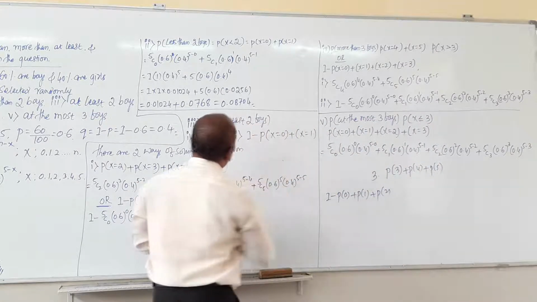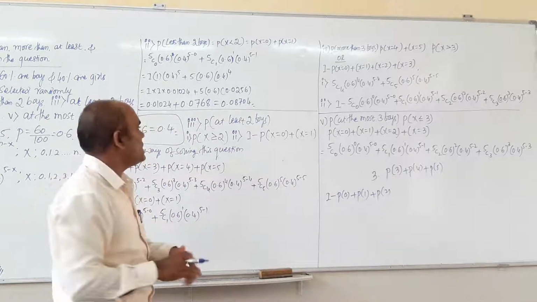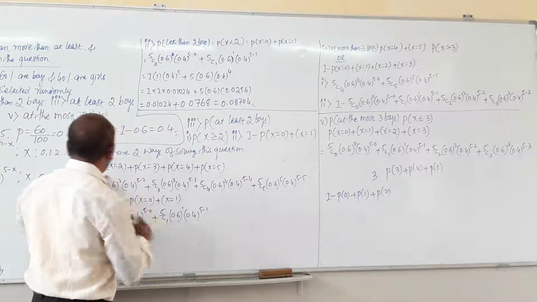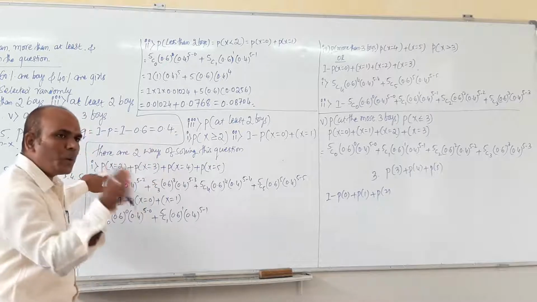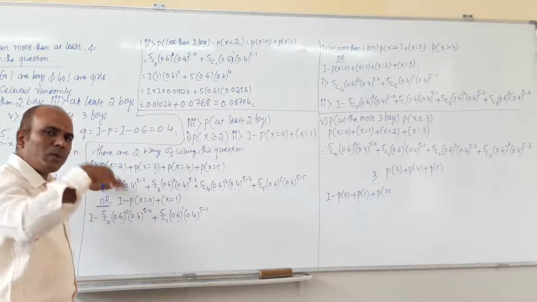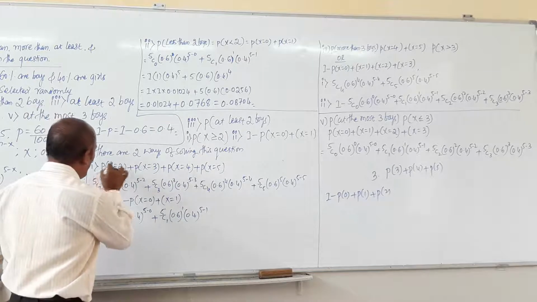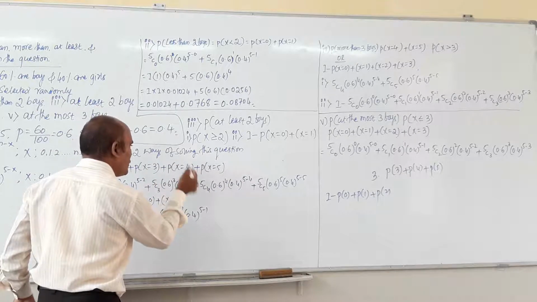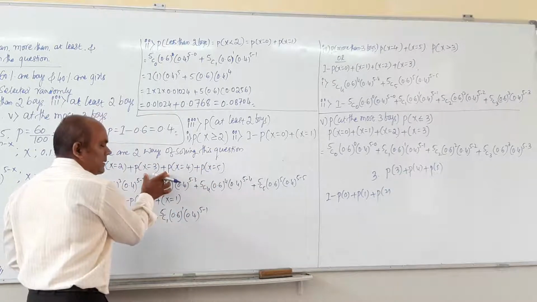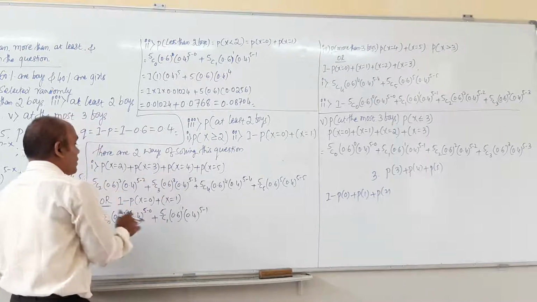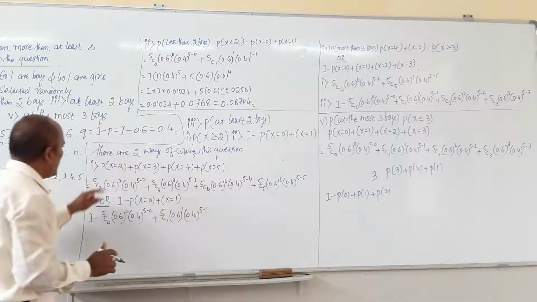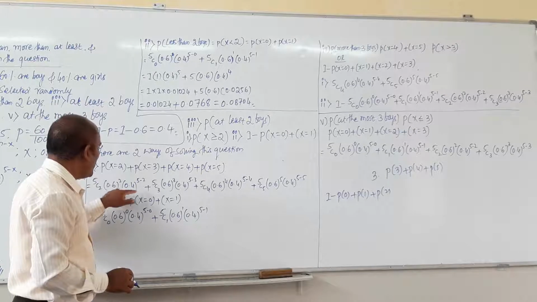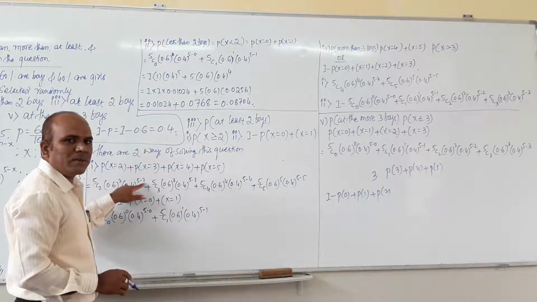At least 2 is 1 minus the less than 2 x values. Or, this is the first solution directly: at least 2 means you have to consider 2 and more than 2 also. So P of x equal to 2 plus P of x equal to 3 plus P of x equal to 4 plus P of x equal to 5. This is the direct solution for that question. After putting the values in the formula, first you put x equal to 2, then 5C2, 0.6 raised to 2, then 0.4 raised to 5 minus 2, because we took x value 2.